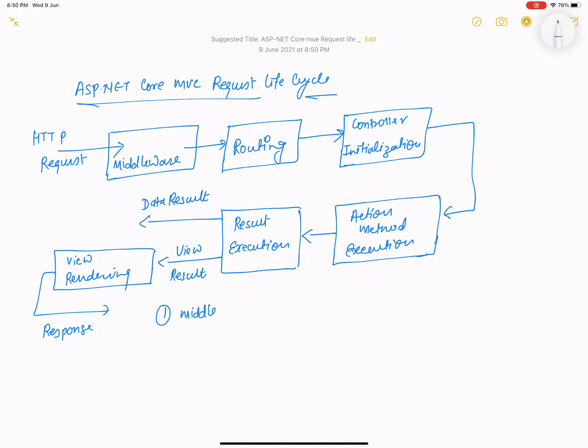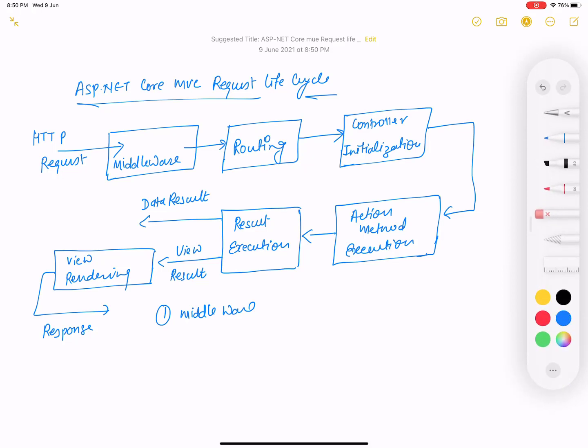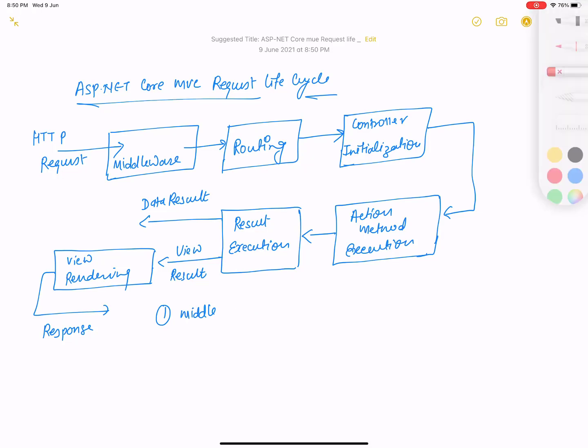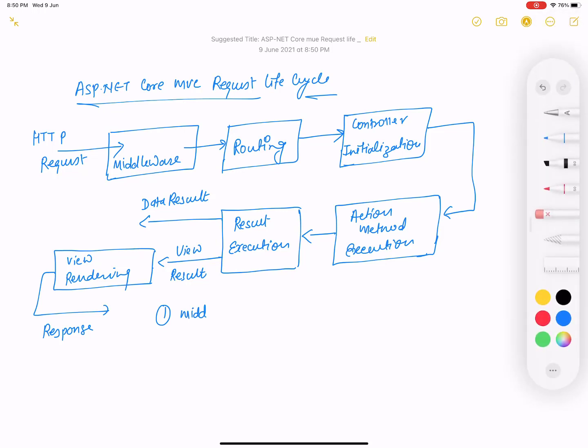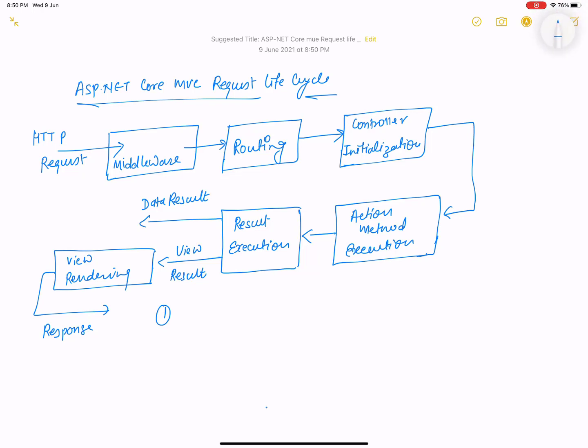So the first phase is middleware, and in a later video session I will discuss how middleware works in the components. Most middleware components are implemented as standalone classes, which are content generating middleware. Okay, so middleware components form the basic building block of the application HTTP pipeline. These are a series of components that are combined to form a request pipeline in order to handle any incoming request.